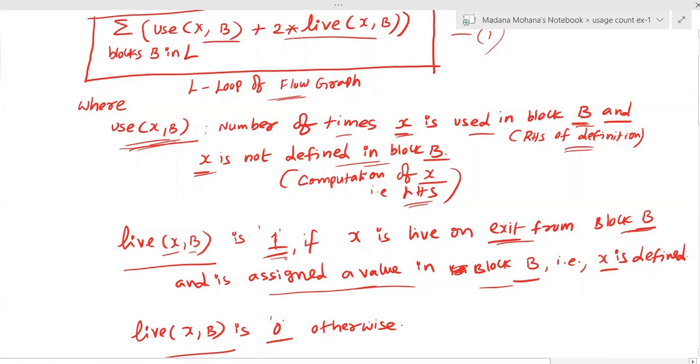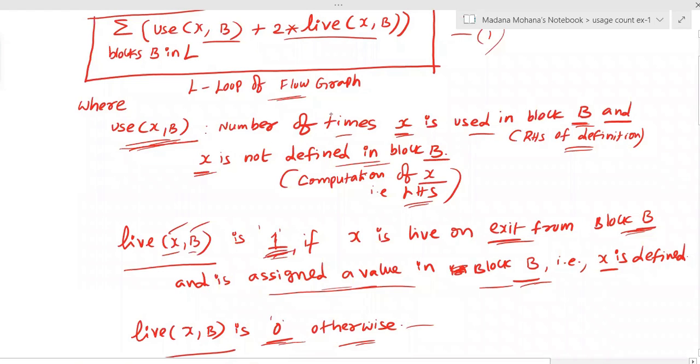Then only you can take live of (X, B) as 1. Otherwise, live of (X, B) is 0. Both conditions need to be satisfied: X exits from block B at the end, and X is assigned a value in block B. Then live of (X, B) is 1. Otherwise, it is 0.